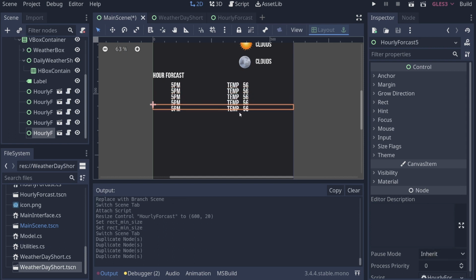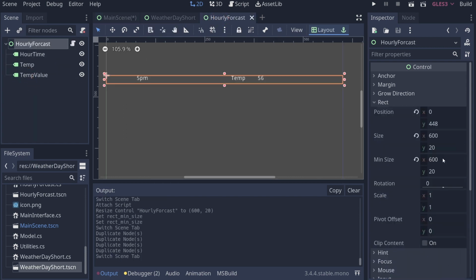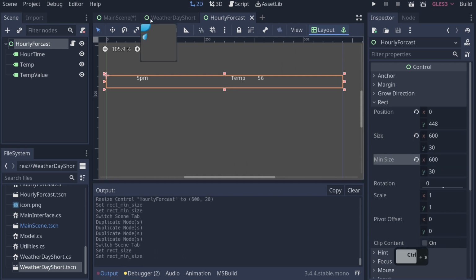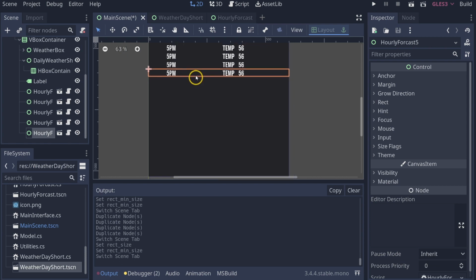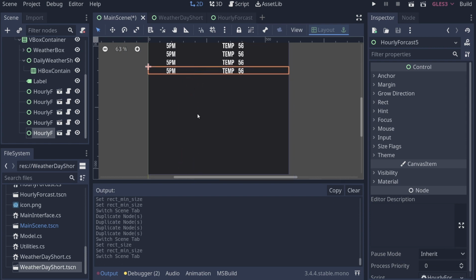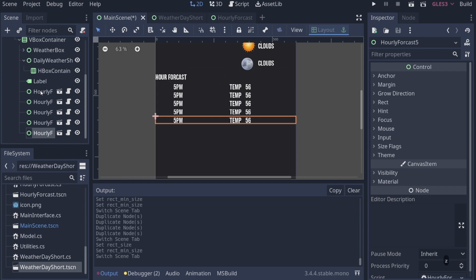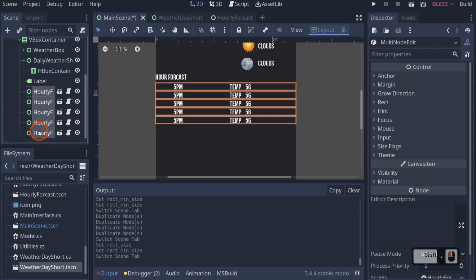Now, we might want to give it a little bit more space than this because it's not quite good enough in my opinion. So maybe we should go with 30, maybe. Let's see how that looks. It's a little bit better because remember, we're getting 24 of these. So it's going to be quite a bit of data here. So now that we have this, we should be able to just remove this